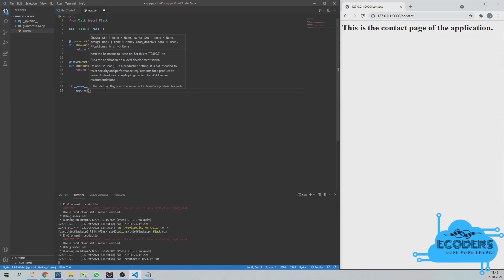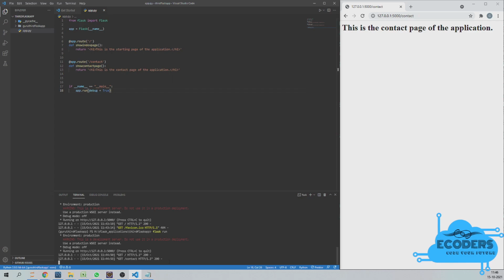And if there are any kind of mistakes or anything, you can give debug equal to true. We can run it in debug mode also. Now when I save this, all you have to do is close the server. And now if you have to run this file, you just have to tell Python that you have to run this app.py file. That's it. Let me come to the terminal and just type python app.py, hit enter, and it is going to start the server at this particular URL.